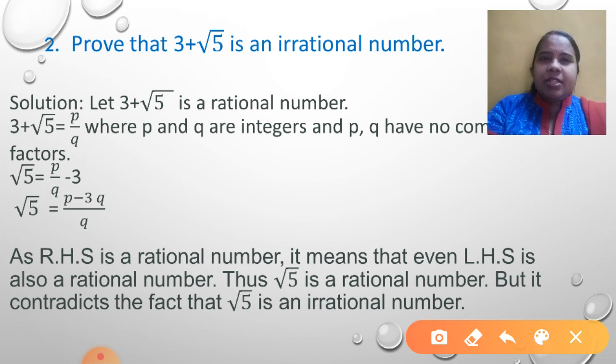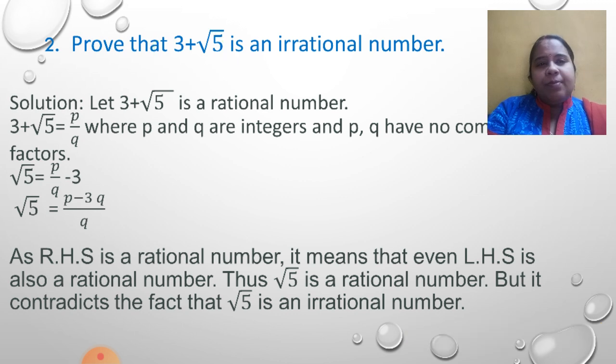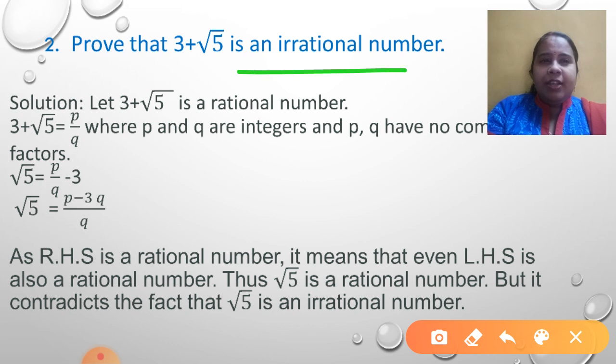The only difference is here. See, this is plus 3, 3 plus, and there it was multiplication, 4 into root 2, correct? So that is the only difference. Remaining all the steps, everything is same. What should be our first step if I have to do it by indirect method? I have to prove that it is an irrational number.